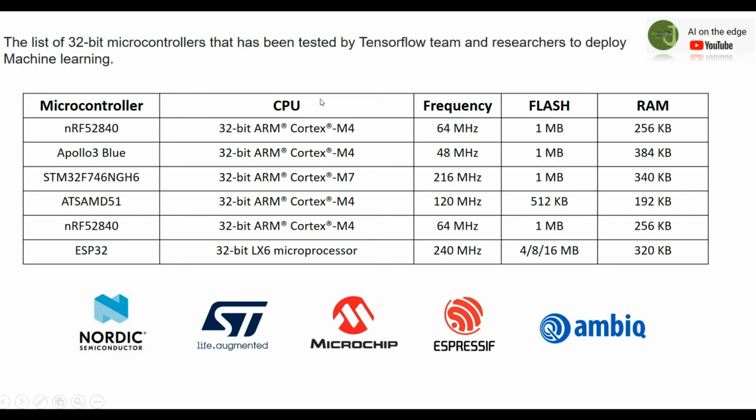The common point here is they are all 32-bit microcontrollers. And also the important thing is the amount of RAM and flash. If you look at the flash column, you can see that most of the microcontrollers have 1 megabyte of flash,